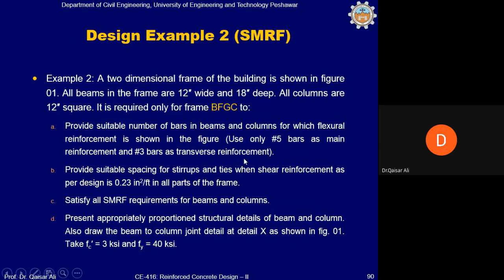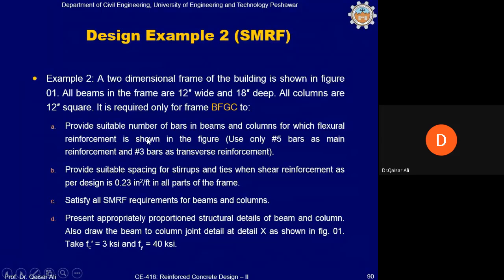Okay, so if we are able to solve this example, it will help you to solve questions in the examination. The language of the question is just like an examination question instead of a design example. Okay, there is a frame, and we have to provide suitable number of bars in beams and columns for which